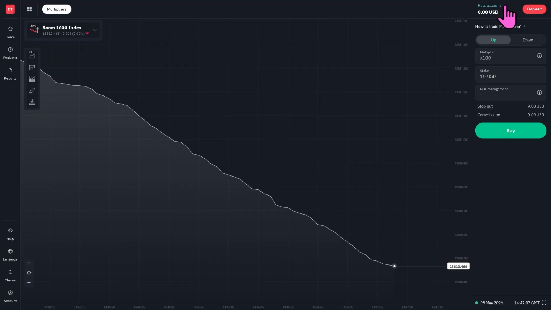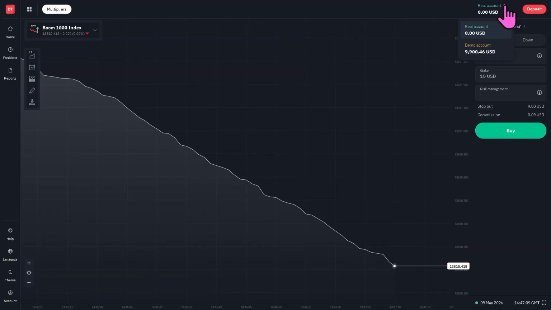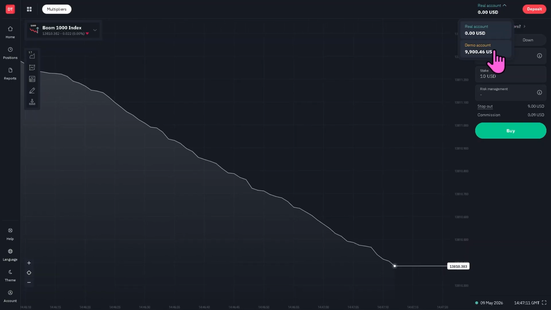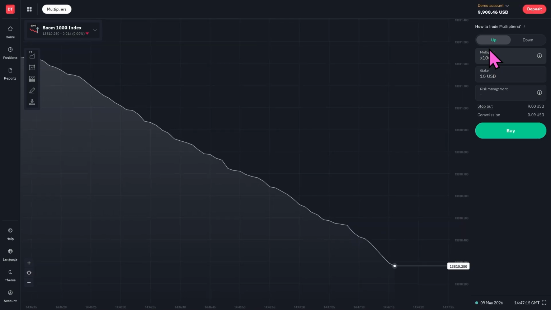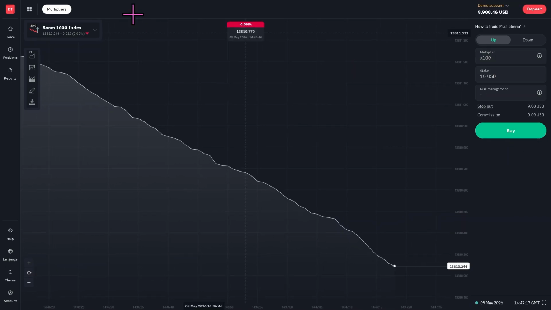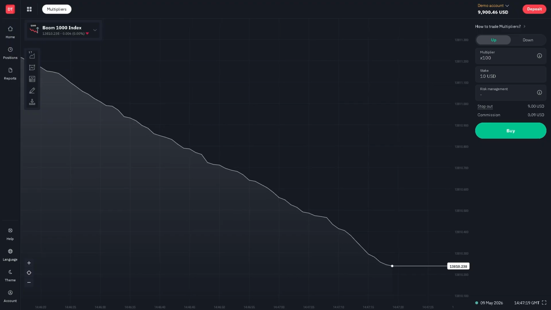The drop-down menu here allows you to choose if you want to have a real account or a demo account so you can practice and immerse yourself with the Deriv trading platform. But basically, that's it for today's video on how you can navigate the